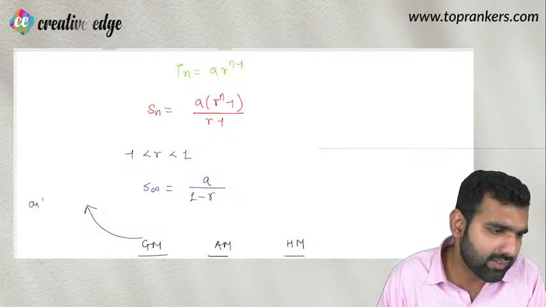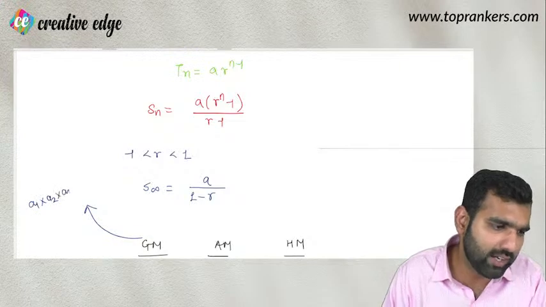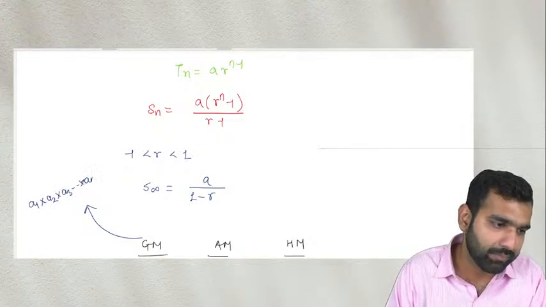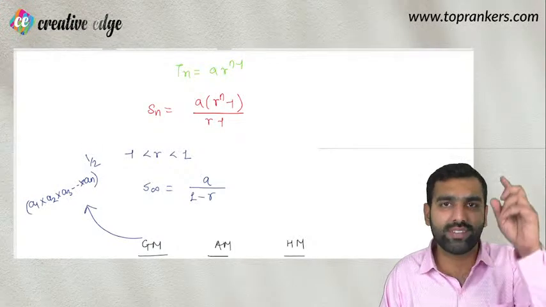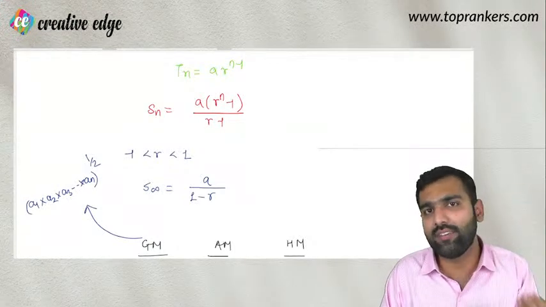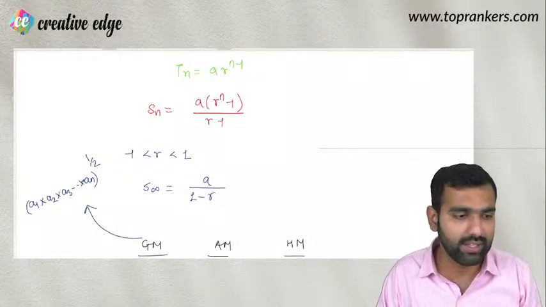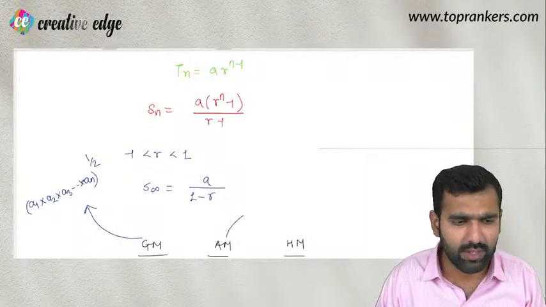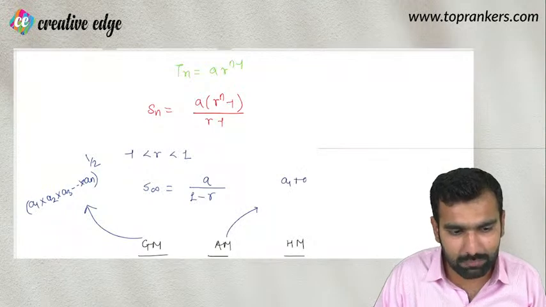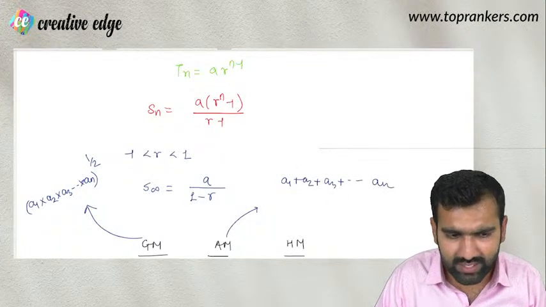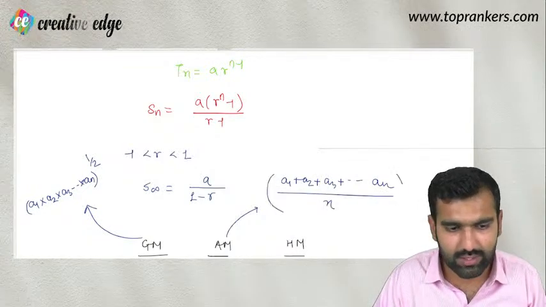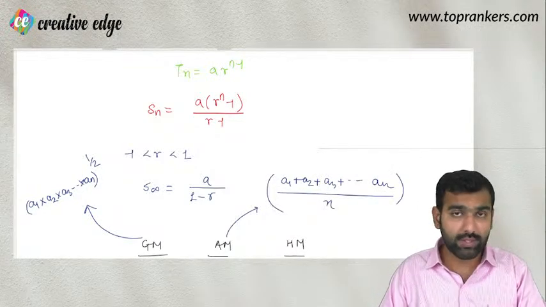तो इन n टर्म्स का ज्योमेट्रिक मीन इज नथिंग बट इन सारी टर्म्स का प्रोडक्ट a1 a2 a3 से लेके an तक, और इन सारी टर्म्स के प्रोडक्ट का nth रूट, यानी अगर दो टर्म्स है तो a1 into a2 का सेकंड रूट स्क्वायर रूट, तीन टर्म्स है तो a1 a2 a3 का थर्ड रूट क्यूब रूट। इस तरीके से आप ज्योमेट्रिक मीन निकालते हैं। अरिथमेटिक मीन इज नथिंग बट a1 plus a2 plus a3, इट्स लाइक एवरेज जो आप निकालते हैं। सो इन सारी टर्म्स का सम डिवाइडेड बाय नंबर ऑफ टर्म्स, दैट इज अरिथमेटिक मीन।